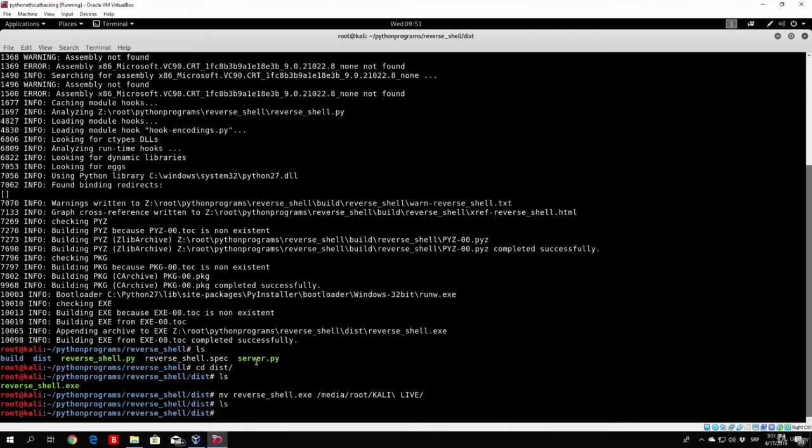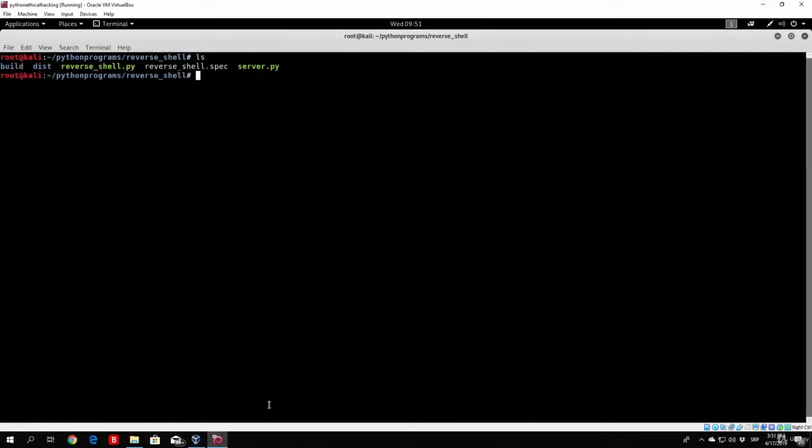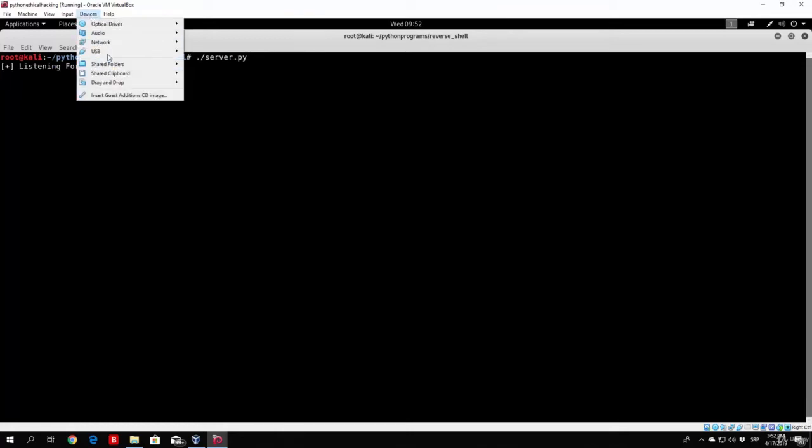You can see if I just type ls right here, there is no longer reverse shell.exe in my directory. And what you can do right now is delete all of this that you got during the compilation program. So we can delete the build directory with rm -r, we can delete this directory with rm -r, and we can delete the reverse shell.spec. All we need to do right now is run the actual server.py, and we can now eject our USB drive,